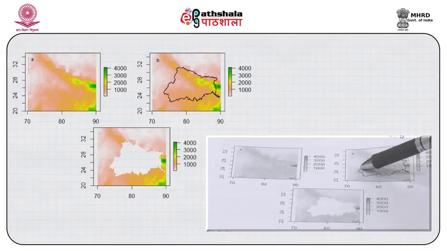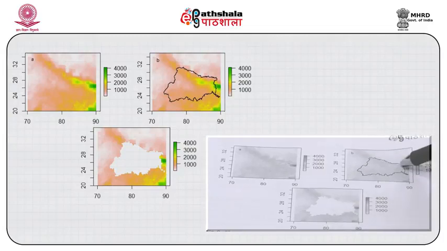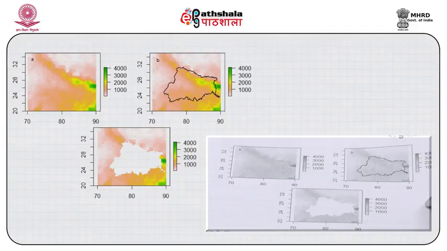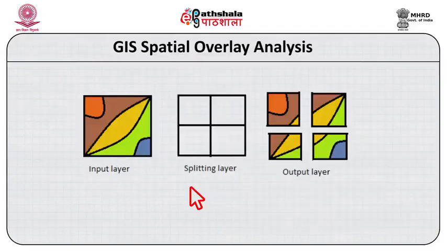So you clip or erase on the basis of a polygon feature here. This polygon technique can also be applied on your vector data. Now in this third operation, the overlay operation, we have a condition for splitting our first input layer. Our first input layer can be either a raster or a vector layer, but our splitting layer should always be a polygon. I have made it a square just to make it convenient for you to understand.